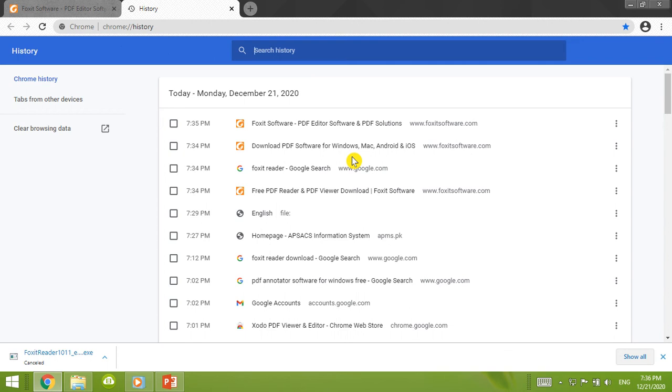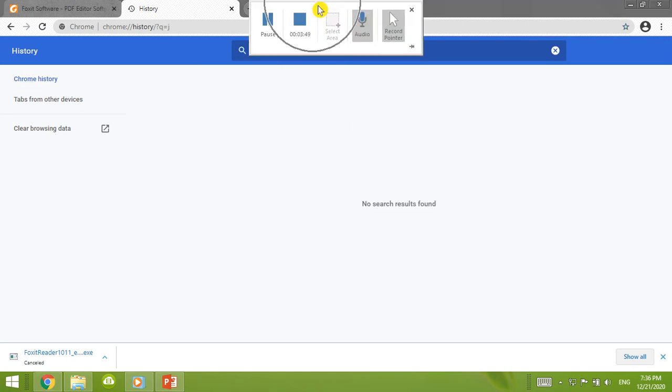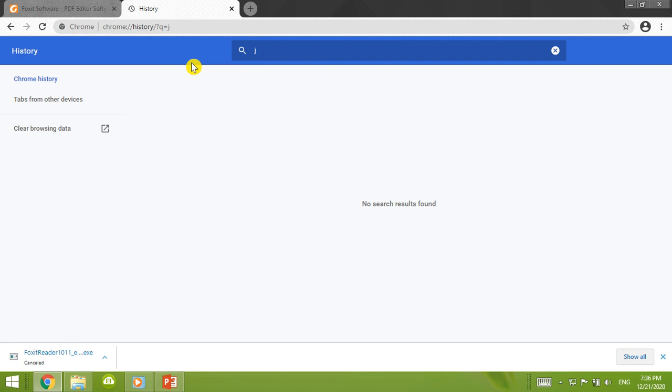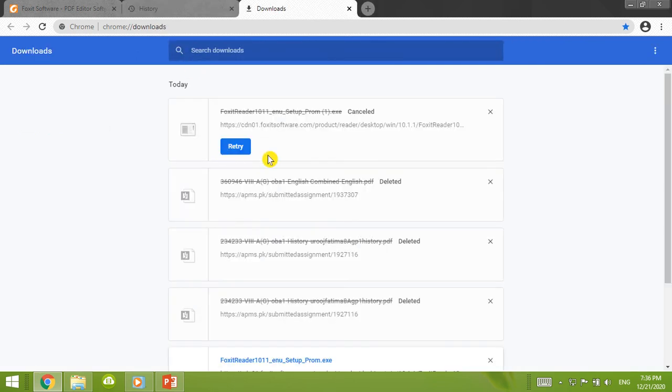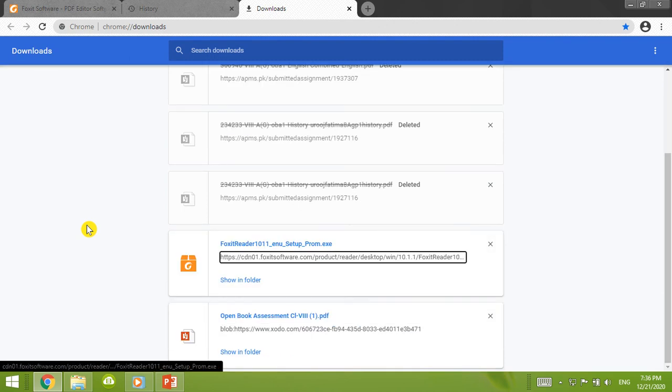I have tried many of them, so I'm going to use Foxit Reader for this. I have downloaded the software already, so I will click on show in folder. You will press Ctrl plus J to see this download.